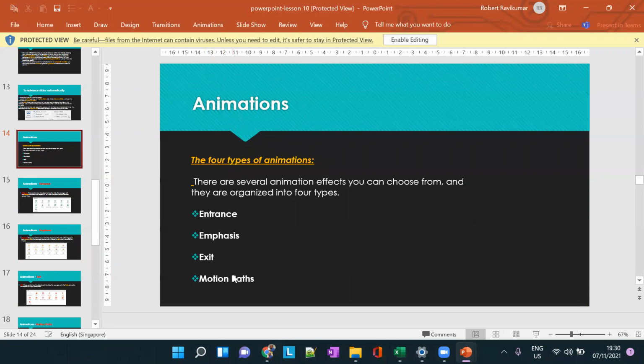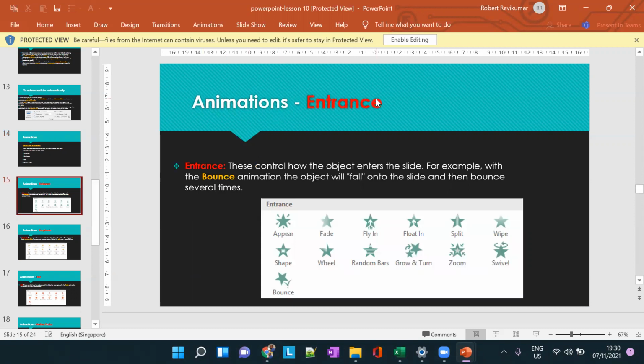Entrance animations control how an object enters a slide. For example, with the bounce animation, the object will fall onto the slide and then bounce several times.